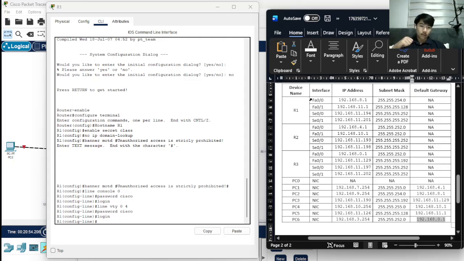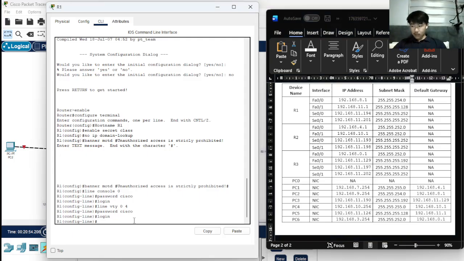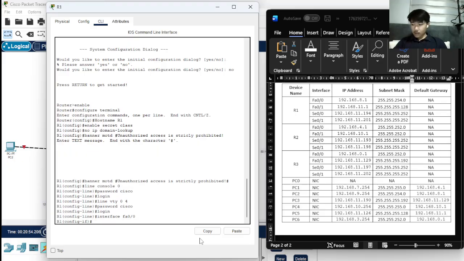Like here, the FastEthernet 0, FastEthernet 1, serial 0, and then serial 1. Then let's type interface FastEthernet 0, and then